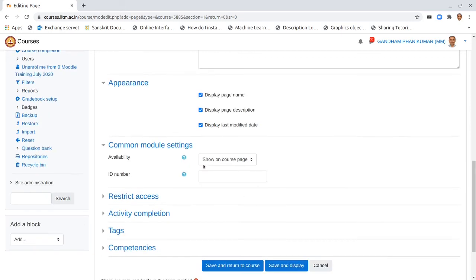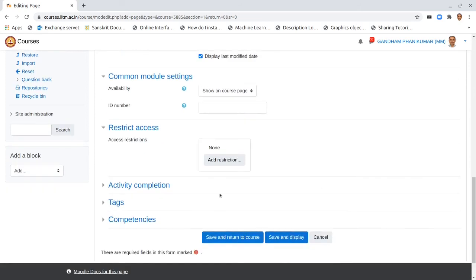If you don't want to show this assignment until you decide, then you can hide it, but for now we just leave it as show on the course page. We are not adding any restrictions, but you could restrict it to a group within the course.